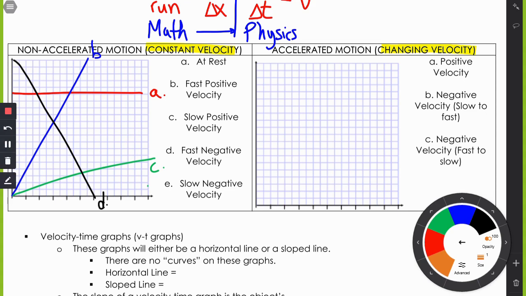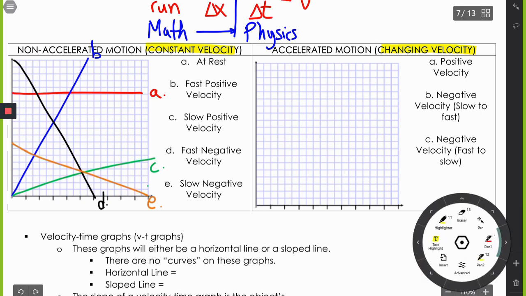Battling the screen control method here, so that would be a slow negative, right? And this would actually push back to the axis there. Okay, so that's what it would look like on a position versus time graph for non-accelerated motion. Now, I know that they're not all straight lines, but understand that those are straight lines. Okay. Now, when there's a changing velocity,